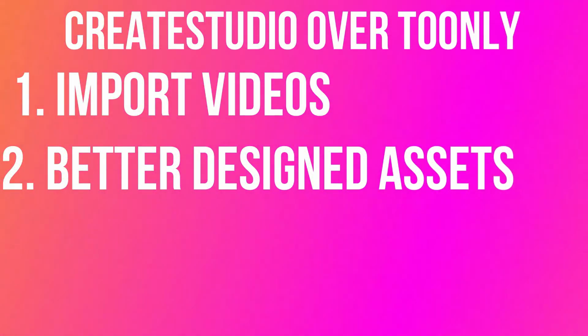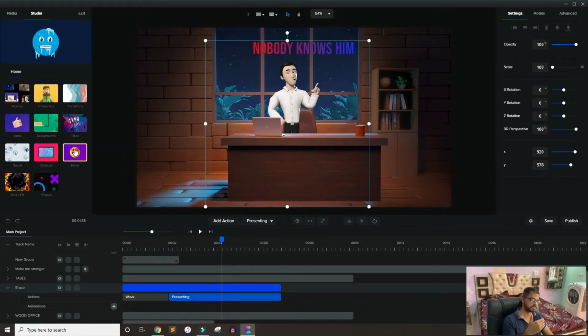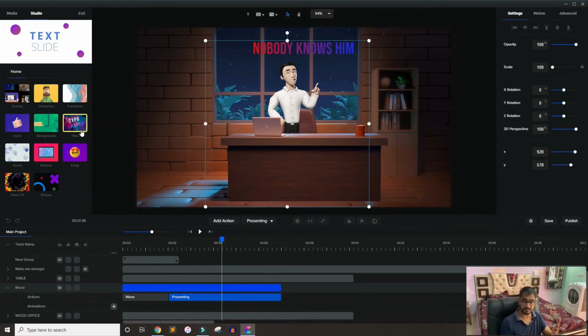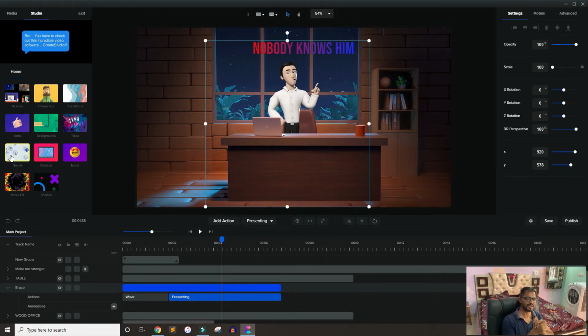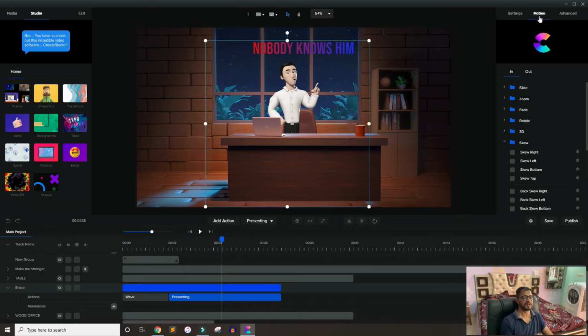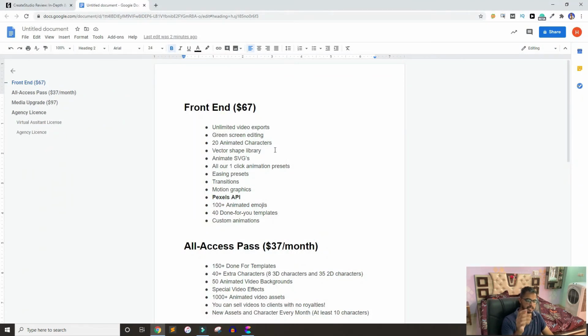Then, except the characters, we have emojis that contain motions. We have some other things, background icons, typography. In Toonly you only have 5 text templates, that's so frustrating. Then you can slide. There are so many things available in Create Studio, and this motion tab, you will use a lot when you create some advanced videos. In Toonly you can't move objects as you want, and there are no pre-made templates. And talking about other alternatives, maybe Powtoon, Animaker, Beyond.